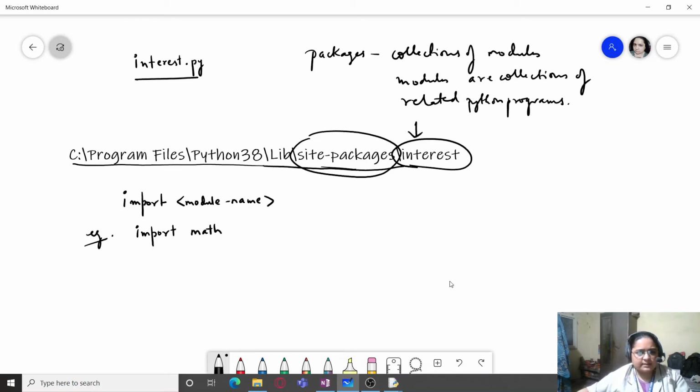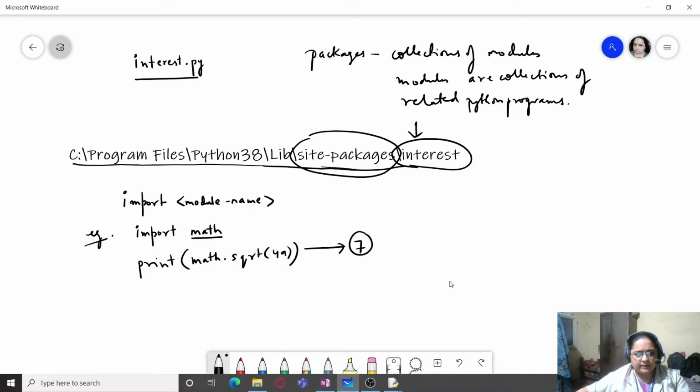For now you can just understand that namespace is nothing but the name of the module. So I'm just going to type here print math dot sqrt 49. When I do this, I will get the result as 7, that is the square root of 49.